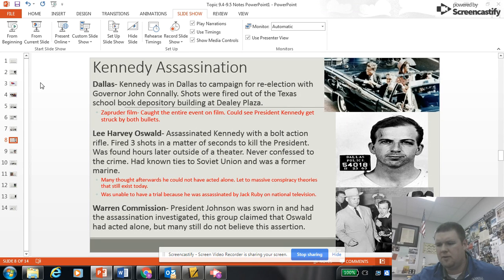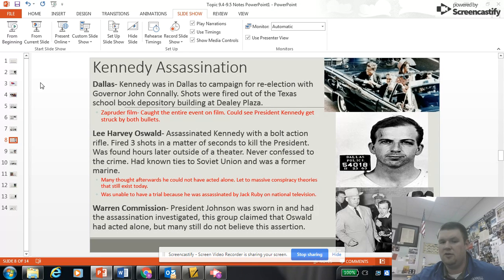So the president, President Johnson, who also there's a conspiracy out there that he had Kennedy killed, starts the Warren Commission. And the Warren Commission is led by Chief Justice Earl Warren and a team of other investigators and congressmen to investigate what happened and to see if Oswald had acted alone.